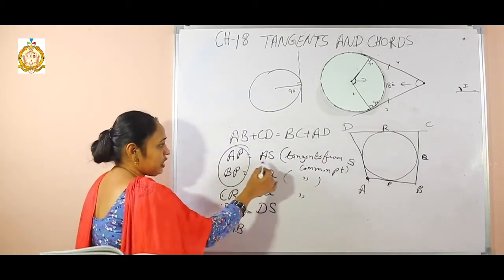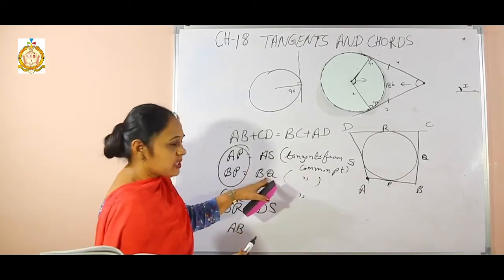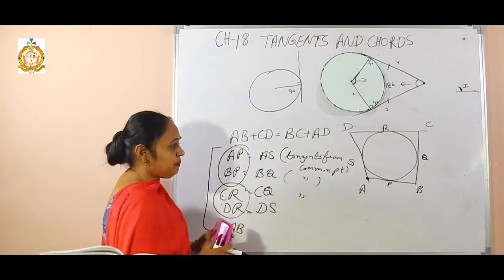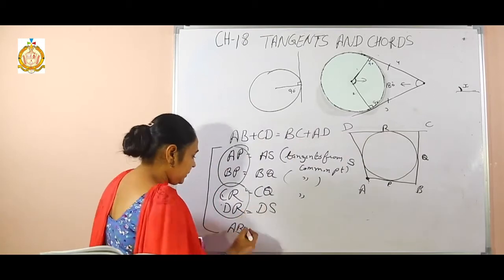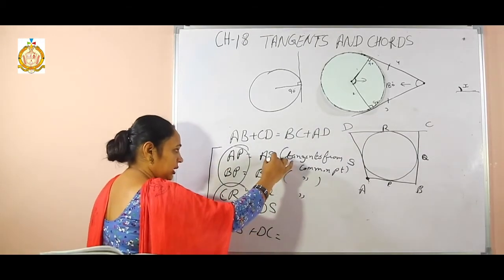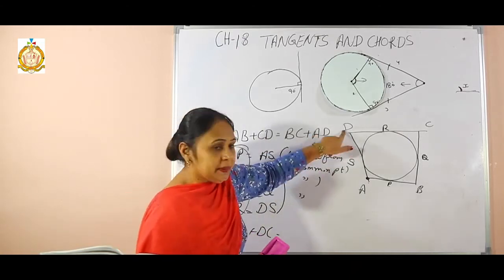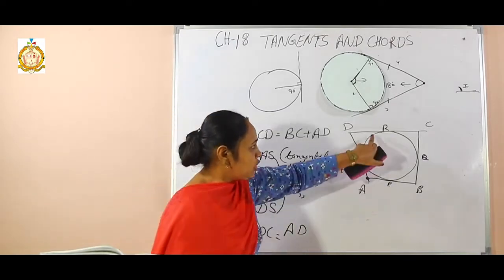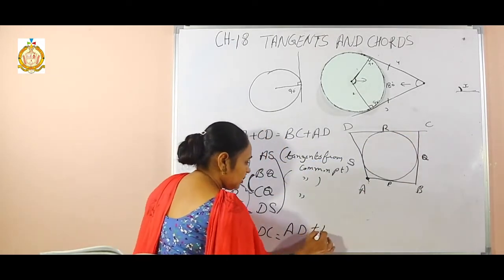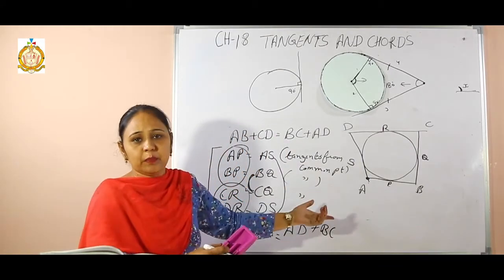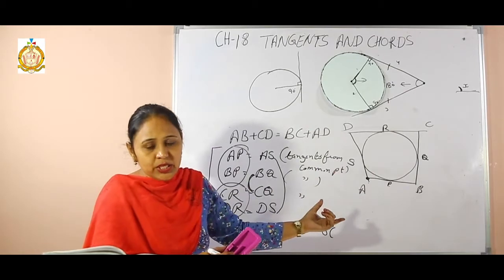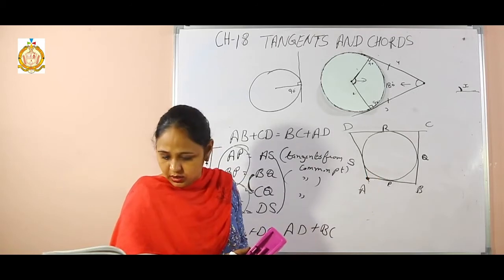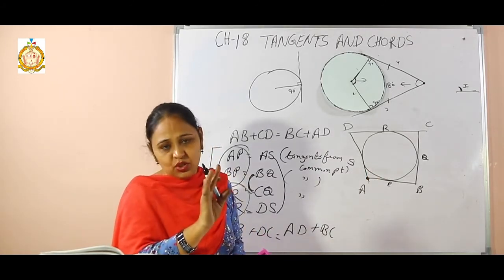Now I join it. If I join it, there is no result, because AS plus BQ, nothing will be there. But if I join these four, then DR plus CR becomes DC. That means this side is complete. Now this side, AS plus DS, becomes AD, and BQ and CQ become BC. That is my result. Only a single property I have to use: tangents from a common point to a single circle are equal. Clear? I am going to run some more, then you have to try.